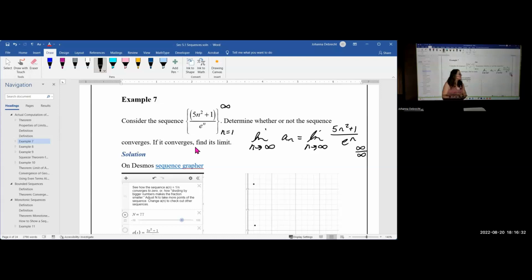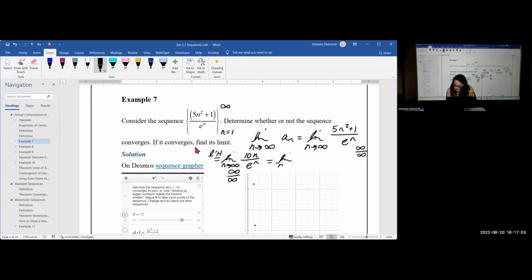In other words, the limit is going to be 0. Now, if you don't trust me, or you've never heard of the relative growth theorem, then you can simply apply L'Hopital's rule a couple of times to the numerator and the denominator. Again, we're taking the derivative with respect to n, and this would lead to 10n over e to the n again, and then I can take L'Hopital's rule again, since this is again infinity over infinity,